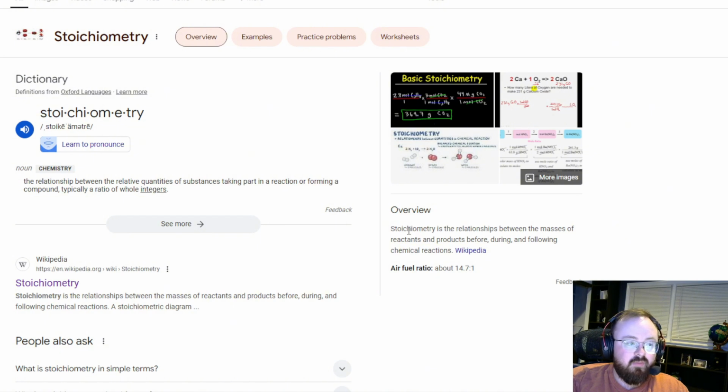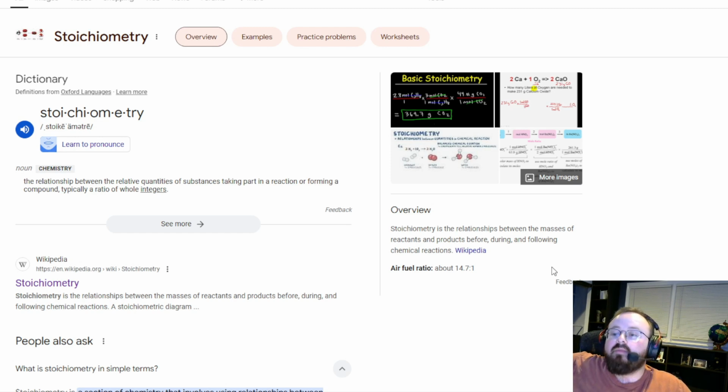So, in simple terms, stoichiometry is the way that we can measure out how much of a chemical reaction I start with and how much of my products I should get. And think about it like this. If you are doing a chemical reaction, or let's say you're baking, and you have a recipe that you want to follow,